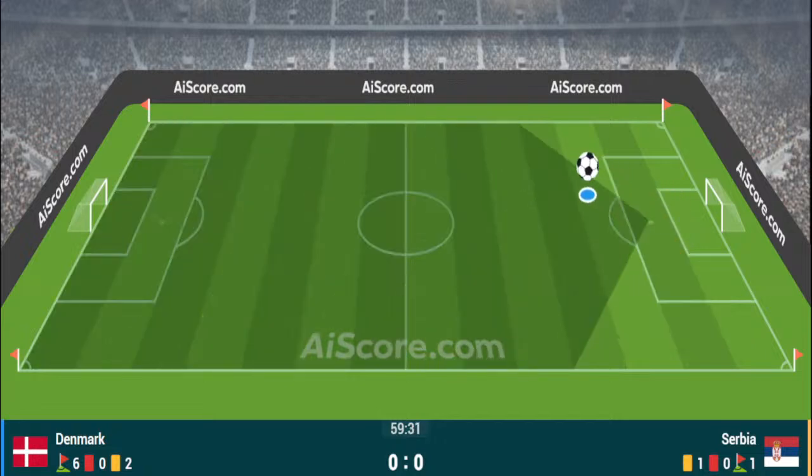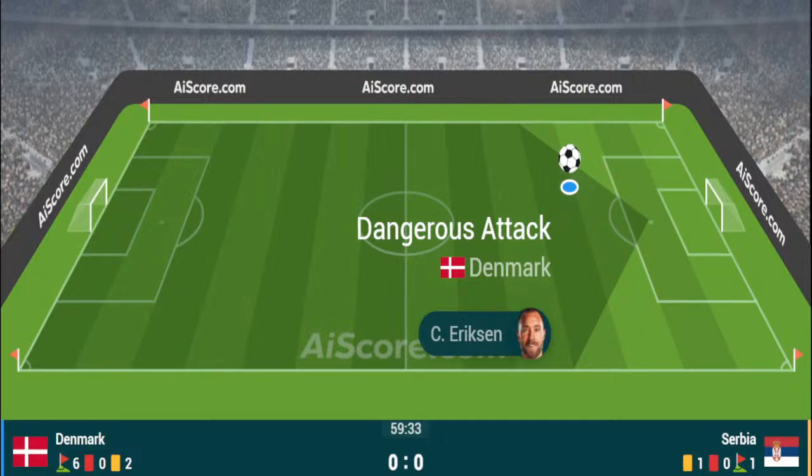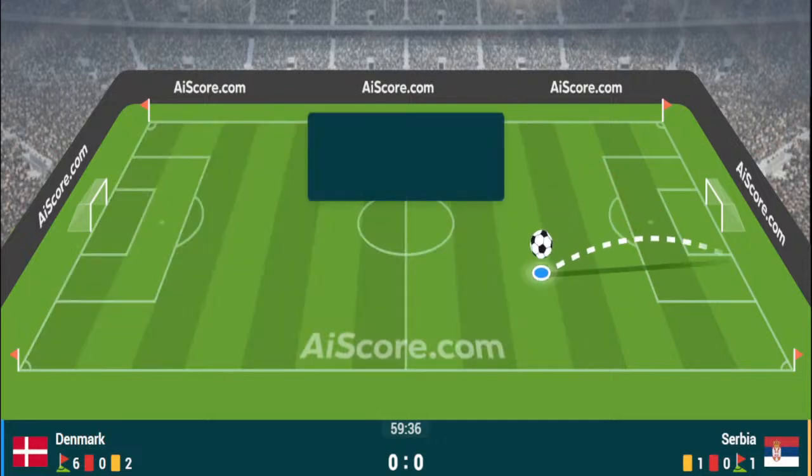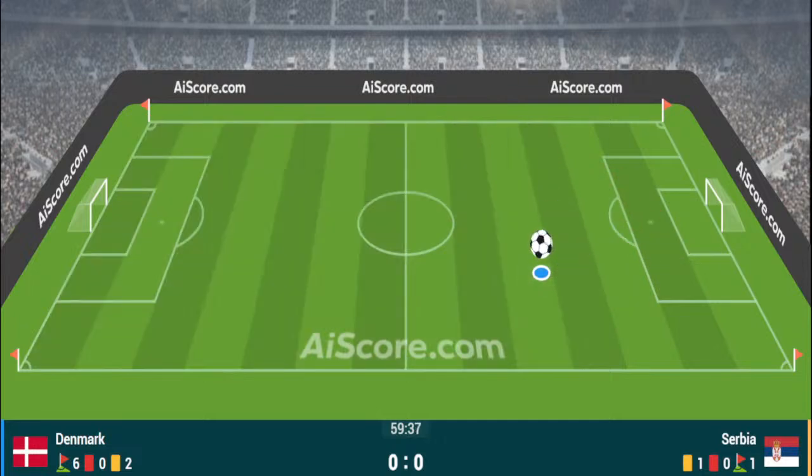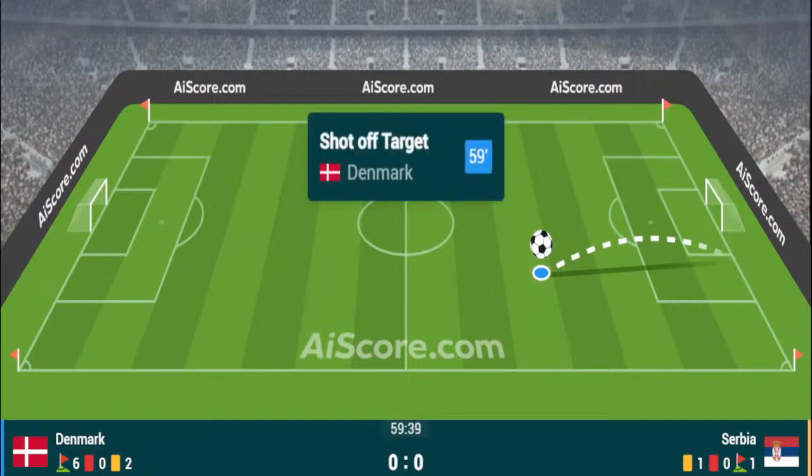Spells at Ajax, Nice, Sevilla, Hoffenheim, but really the best goal scoring season of his career by quite a distance recently in Belgium. So, 2 substitutions for Denmark and 2 substitutions for Serbia in the game so far.